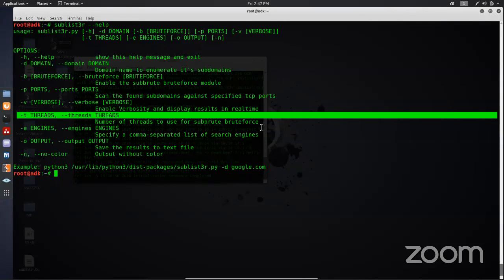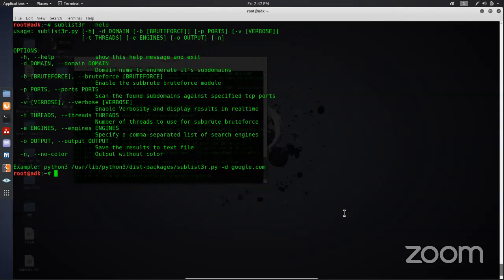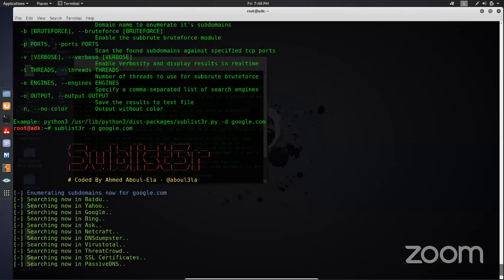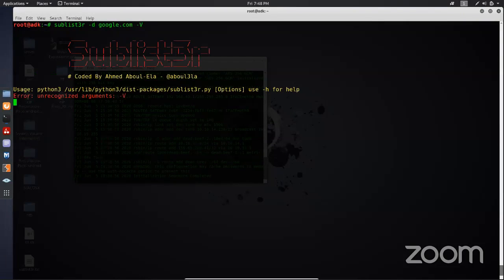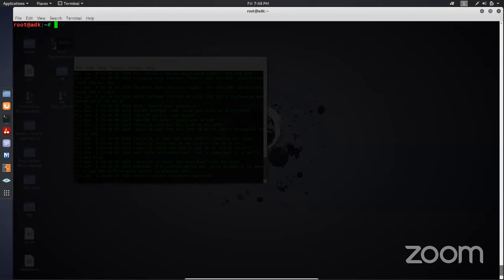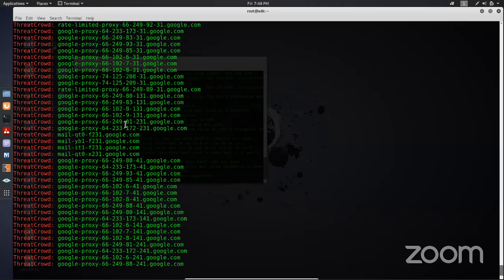Okay, so let's try and brute force. I mean, enumerate the Google subdomain. Let's see what happens. So I should do sublister. That's correct, right? Yeah. Okay, sublister, and use minus D option, and just give out google.com. Okay, let's see what happens in the background. So we'll give the minus V option too. Sorry, it is a small v. Okay, this should give out what. Yeah,